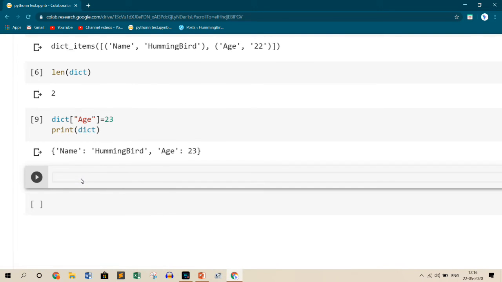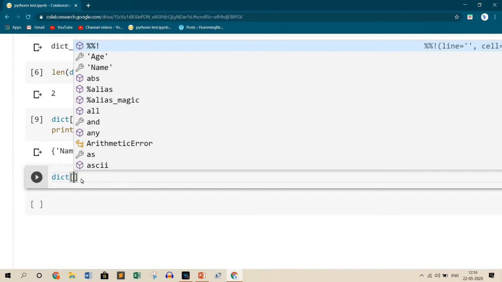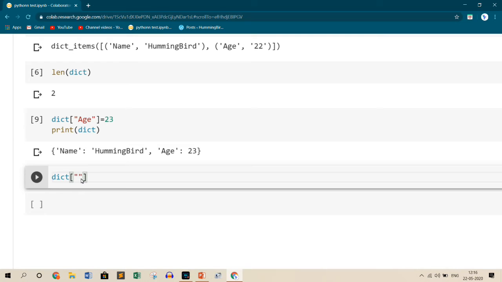Now we'll see what if I want to assign a completely new key and value pair. What I can do is call the dictionary name dict, provide it with a key, say college, and then assign it a value, engineering.